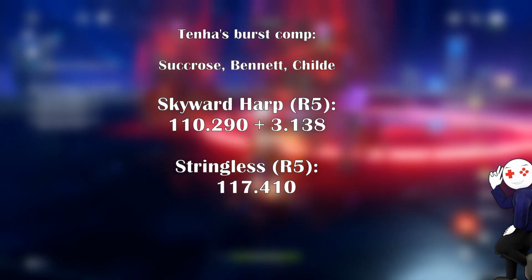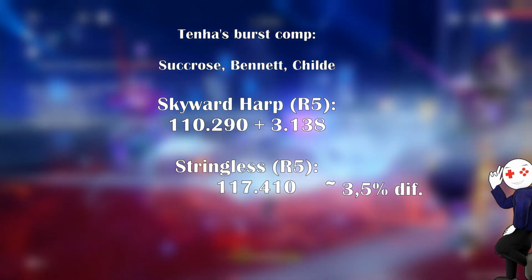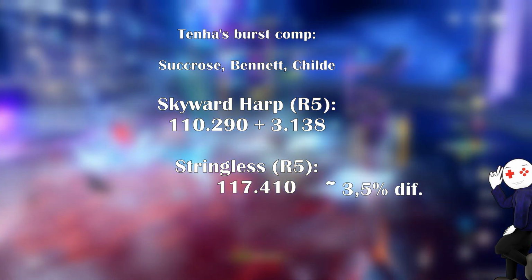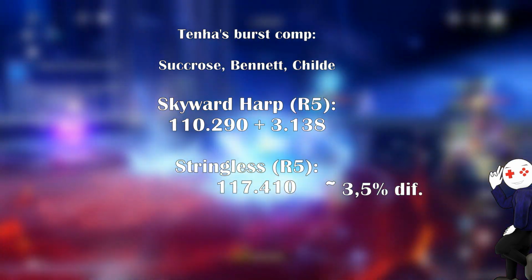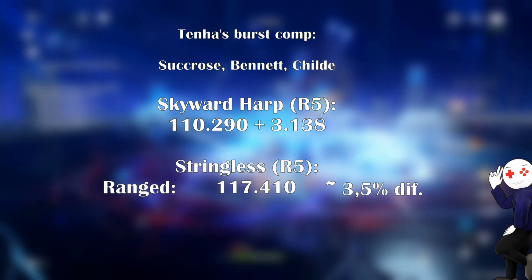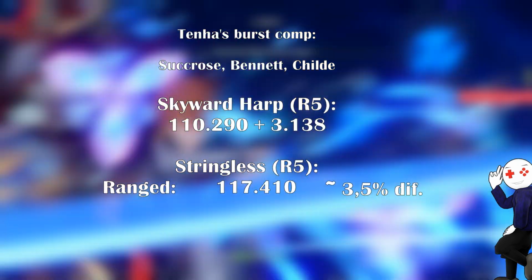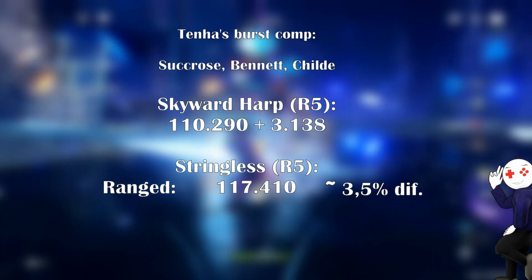That would mean the difference is somewhat negligible, as it would be only around 3.5% in total damage, which isn't a lot. However, what he noticed in hindsight was that with the Stringless he actually used a ranged burst, which is significantly weaker than Childe's melee burst. And he later on corrected the damage that the Stringless would have done in the comments to around